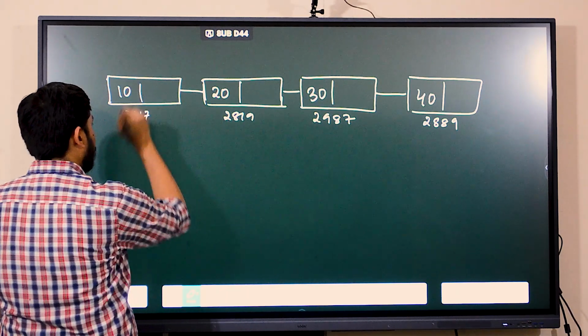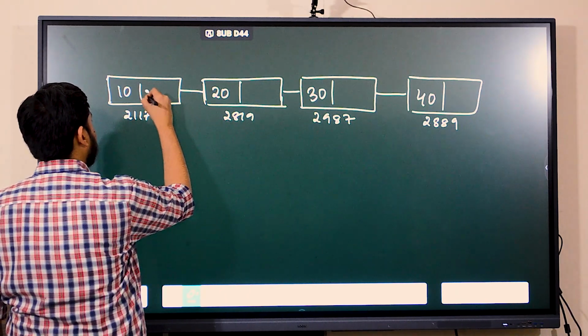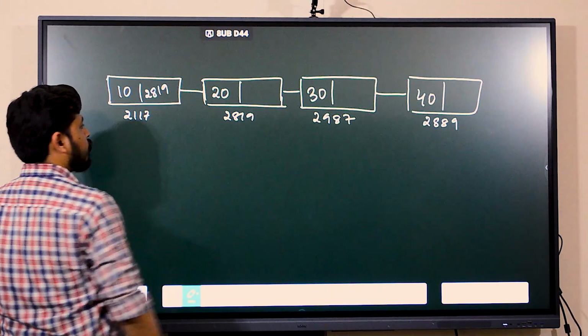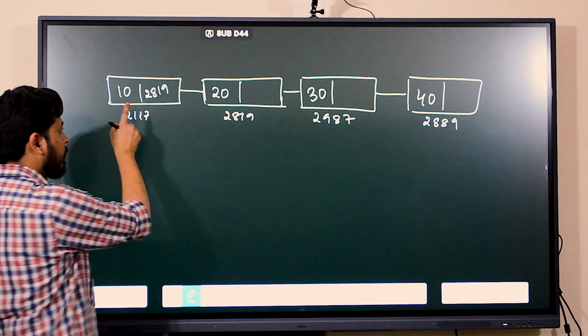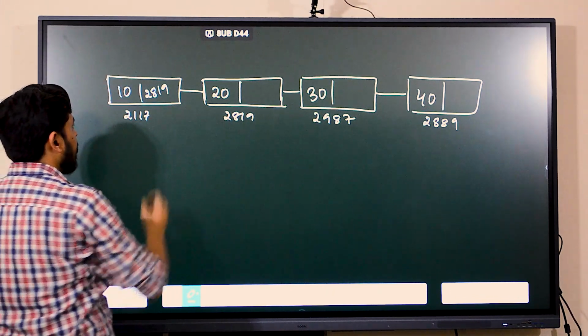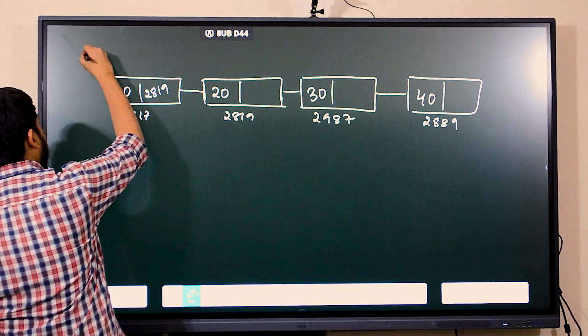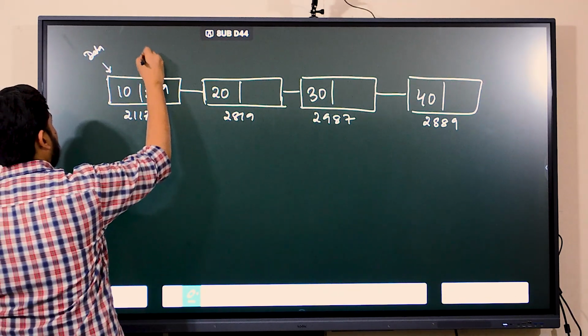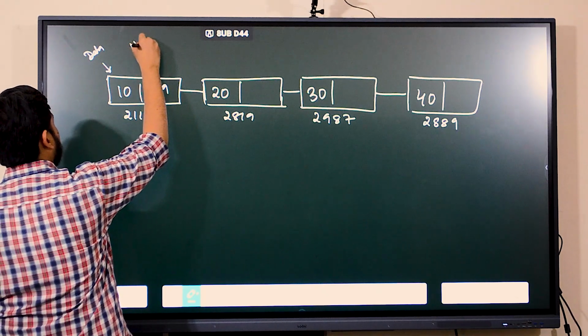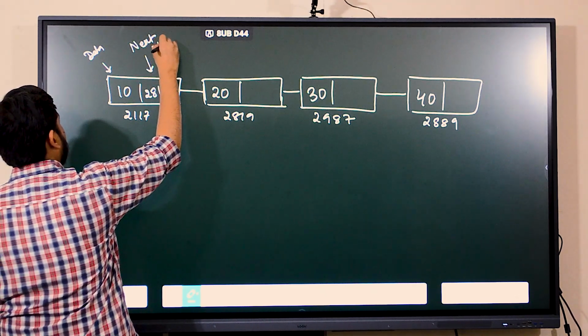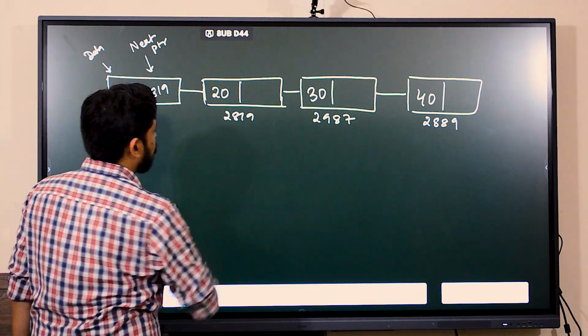So if this is the node, then the address of the next node, 2819, will be stored here. So 2819 is the address which will be stored in this particular node's next. So this is going to be the data, and this is going to be the next pointer,